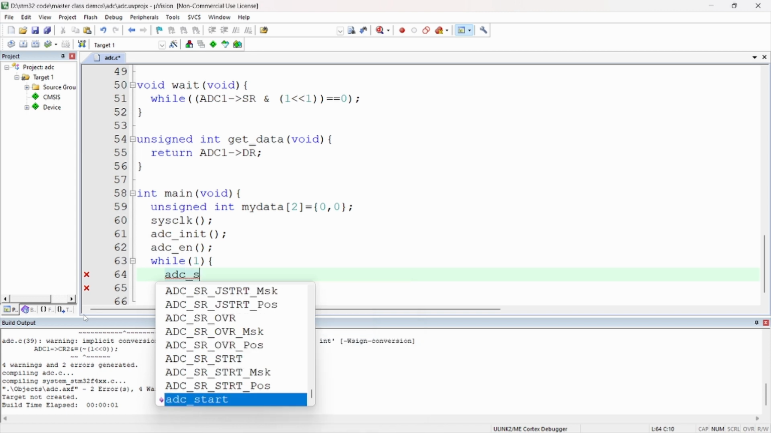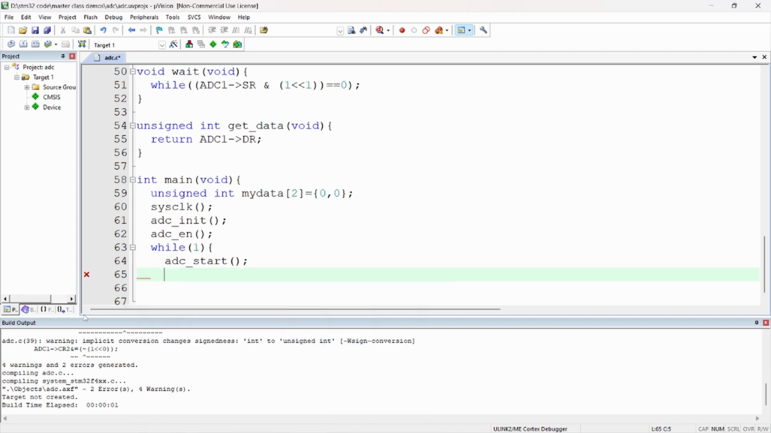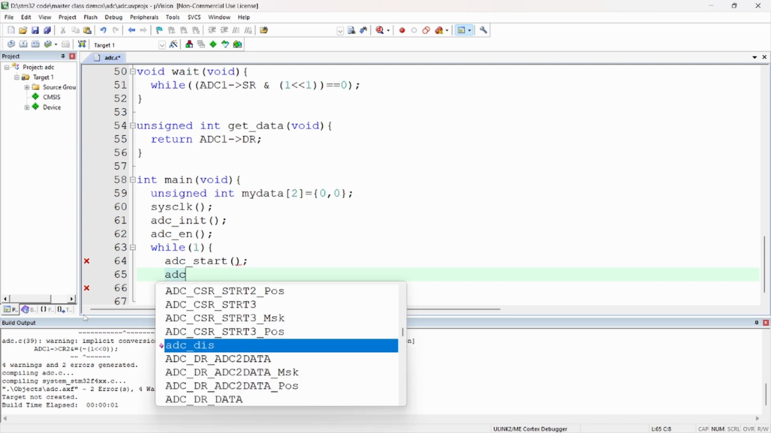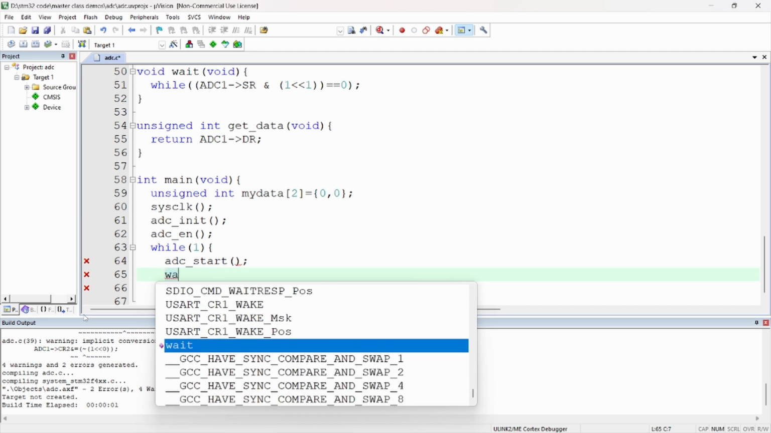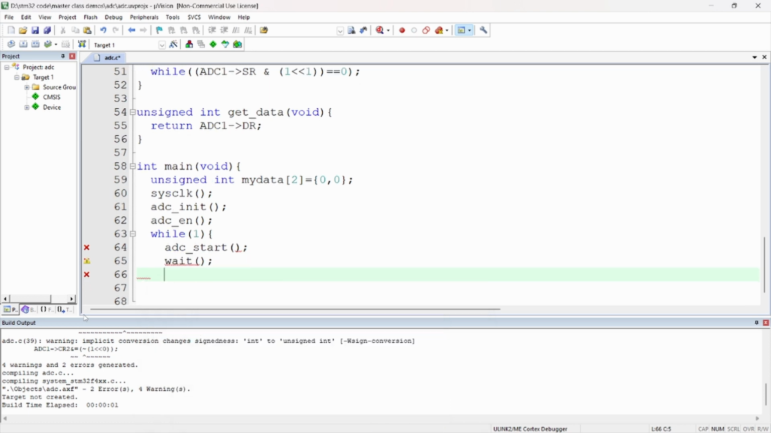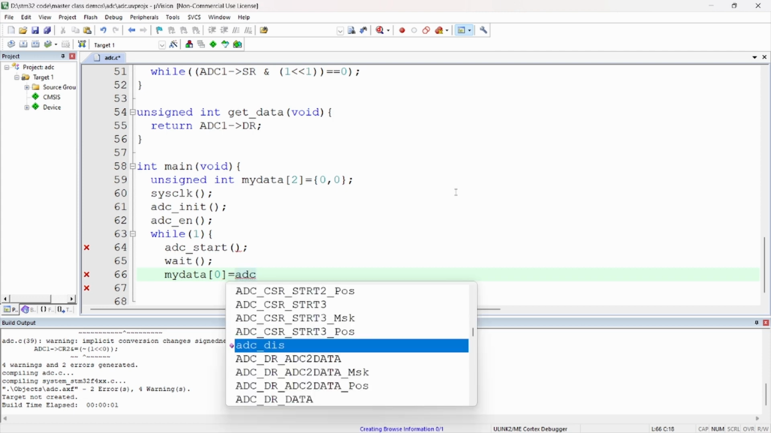ADC of start conversion. Then we will wait till the conversion is done, till the EOC bit is set to logic 1, and we will read the value. Then we will read the value into my data variable that we already declared. So my data, ADC of